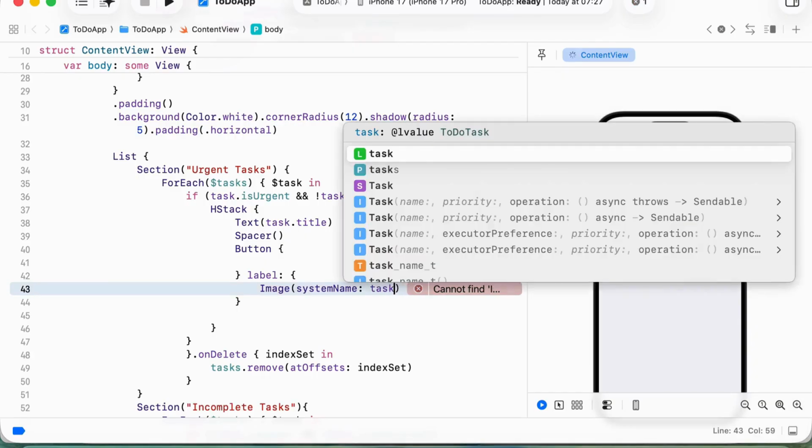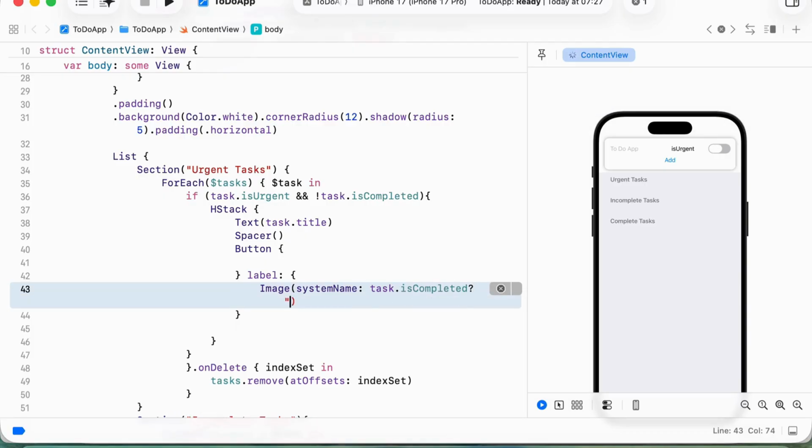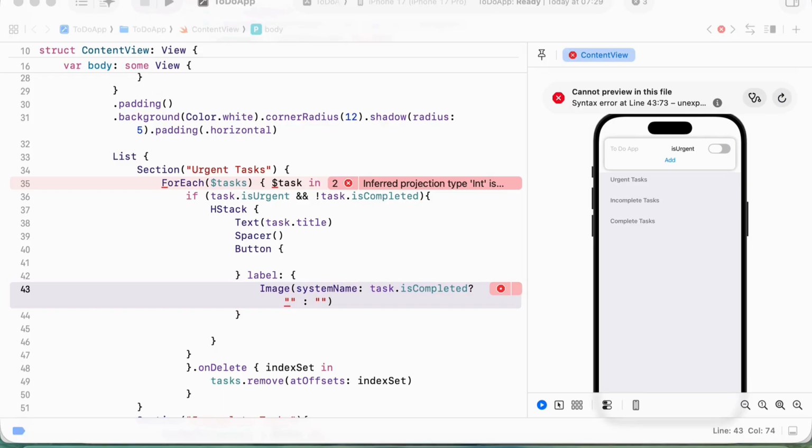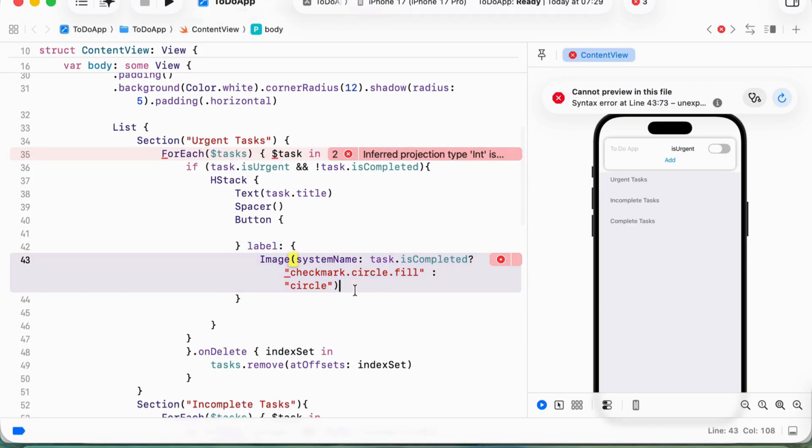So if the task is completed, I will display one image. Other than that, I will display another image. So when the task is completed, I will display this checkmark, the checkmark with the fill circle. And if it is not completed, we will display the circle. Okay, so this is basically what I need within that